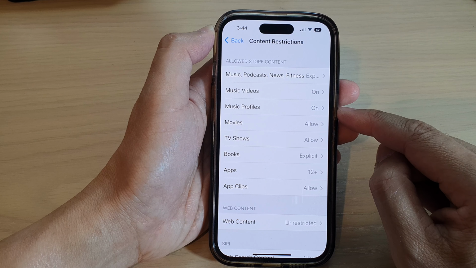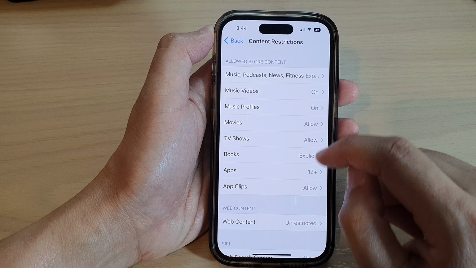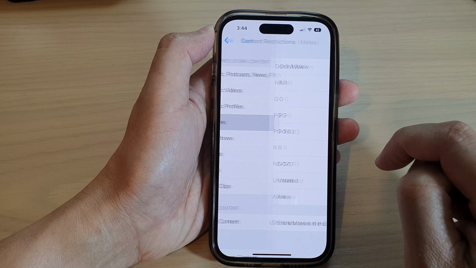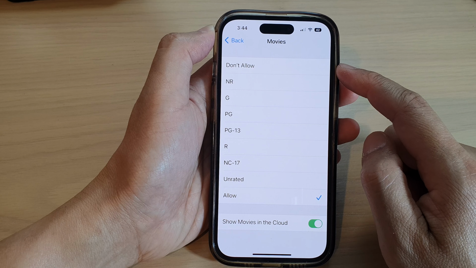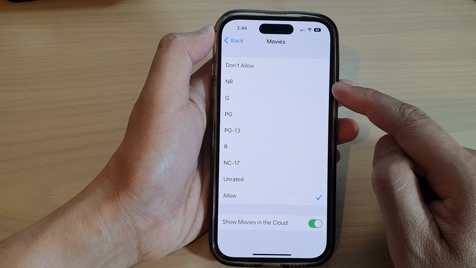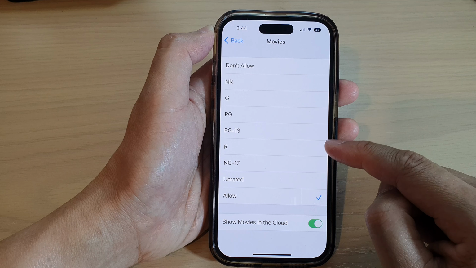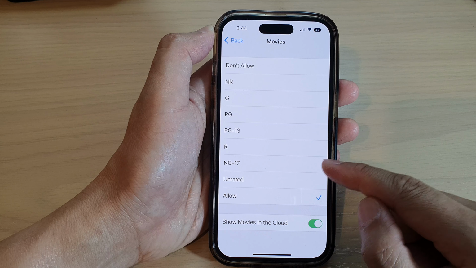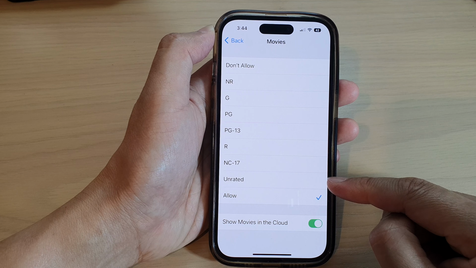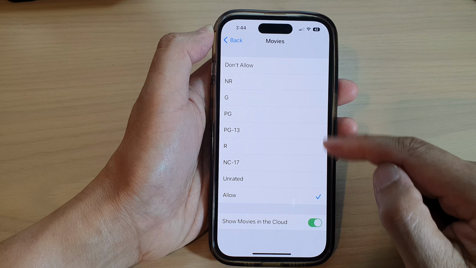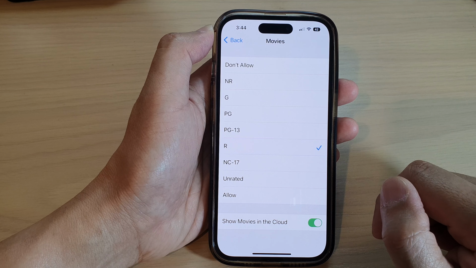Then once you are in here, tap on movies. Now in here you can select don't allow, NR rating, G rating, PG rating, PG-13, R rated, or NC-17, or unrated. So select one of the options. And then